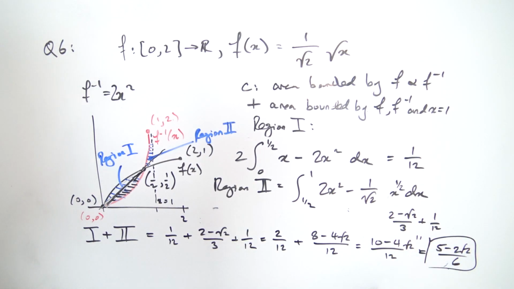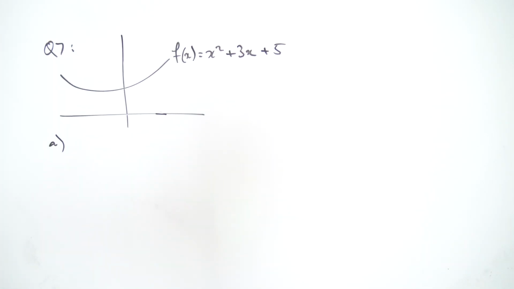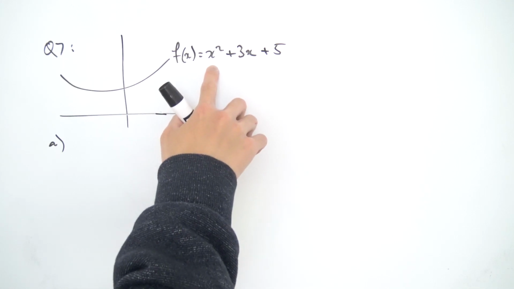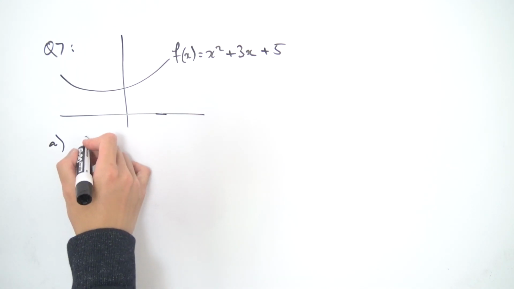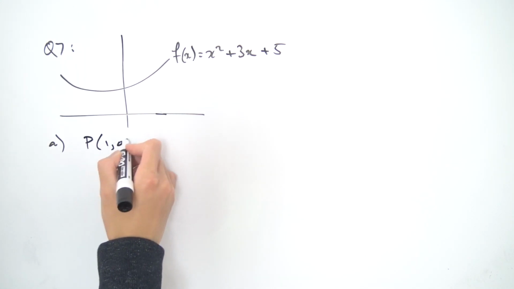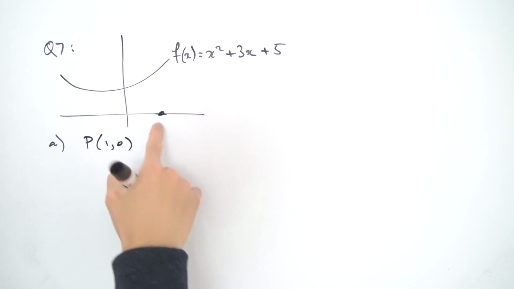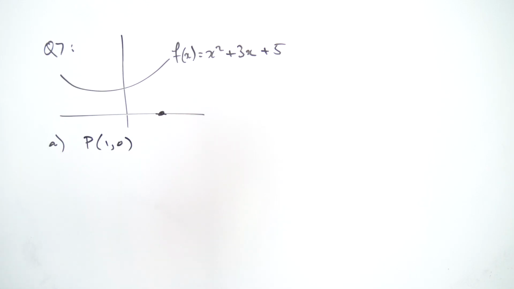For question 7, we're given this function f of x being equal to x squared plus 3x plus 5, and part A simply asks us to show that the point P (1, 0), which lies right over here, so x equals 1 and y equals 0, doesn't lie on this function. This is such a stupid question, I don't even know why they asked it, but yeah, it's really quite easy